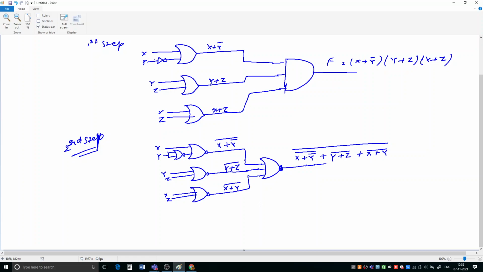Okay, now at this point again we have to apply De Morgan's theorem. So it tells us break the line and change the sign. So break the line and change the sign. Change the sign means plus will be replaced by dot. So this will be y plus z, and then break the line. Then this will be x plus z bar, and then broken line over will be there, and change the sign.